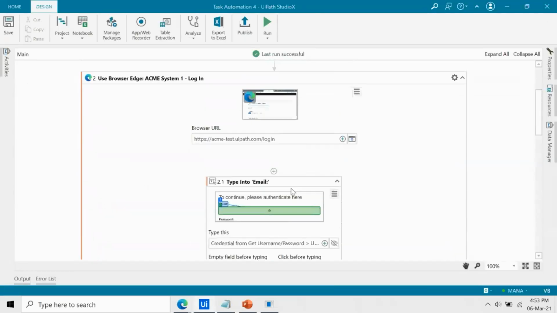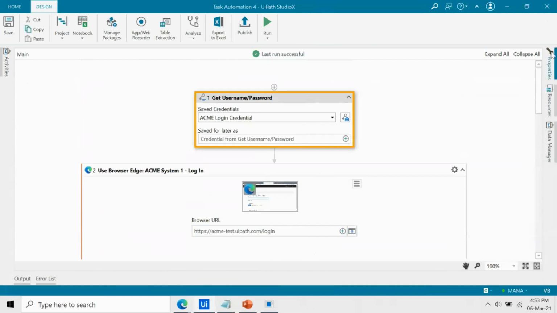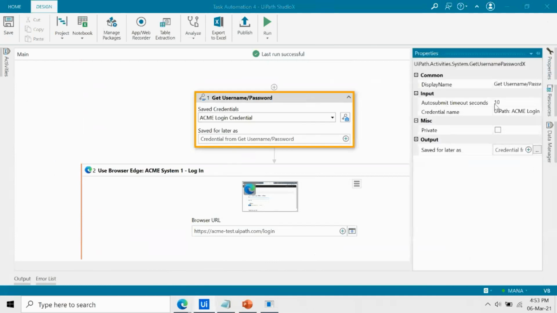And there is one thing to note. If you see in the properties of the get username and password, there is a timer which you can change, auto submit timeout seconds, in case you would like to give the user some 30 seconds to provide the input, then you can choose the appropriate timeout value. Okay. So this was all about the app credential management, how you can store the credentials into the credential manager.